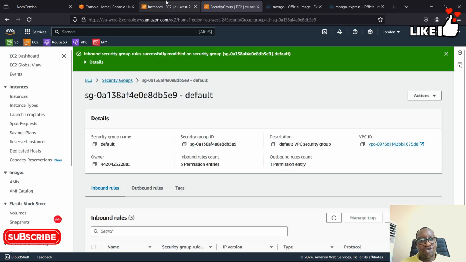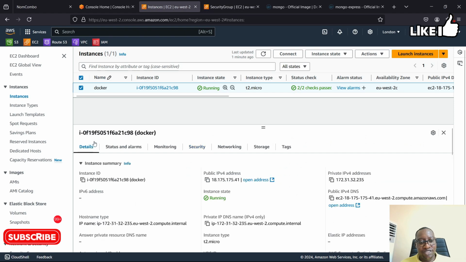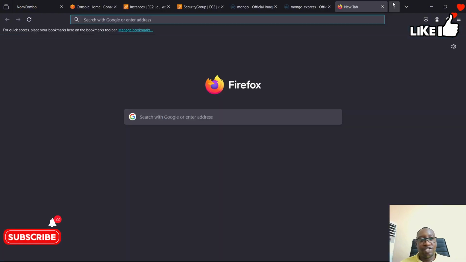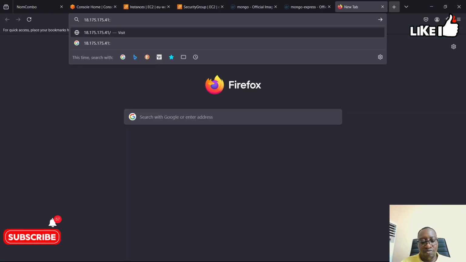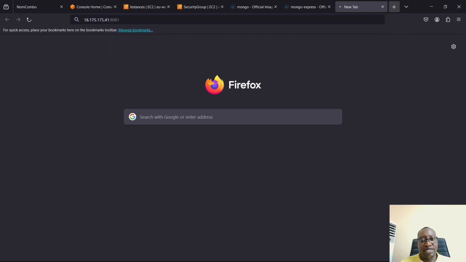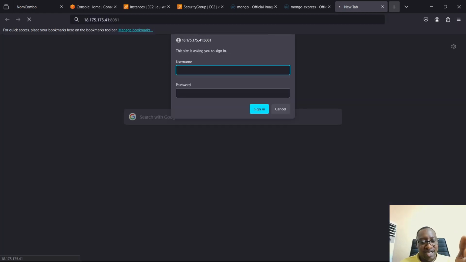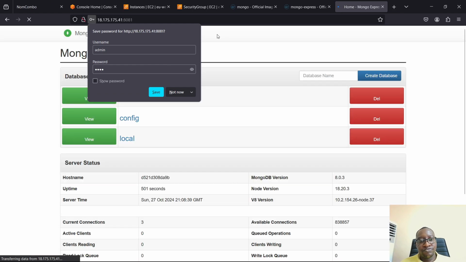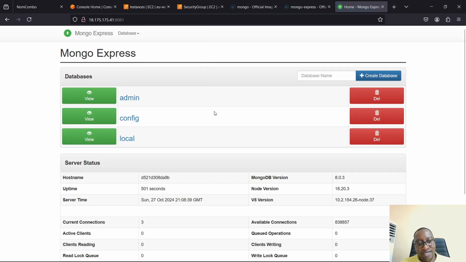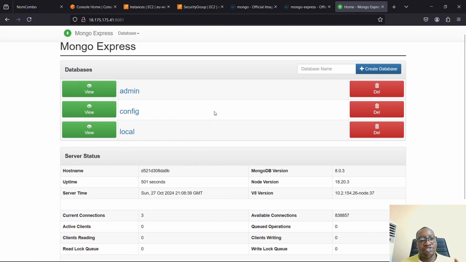Okay, so I can go back to my instance, click on details and grab the public IP address of my instance now. And I can come in and I can put it here and say colon 8081. All right, and I press enter. Now you can see that it's asking me for the username and the password, and we saw that in the log already. So that's going to be admin and that's going to be pass, right? So log in, and right now we can see that truly, all right, our Mongo-express was able to connect to